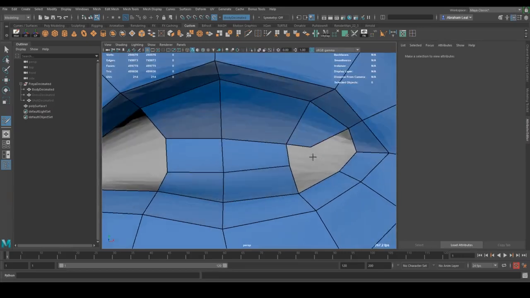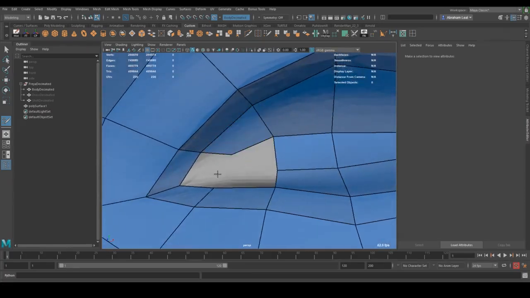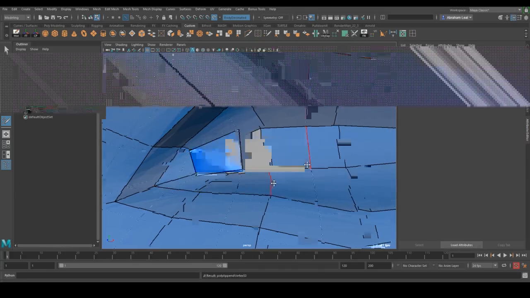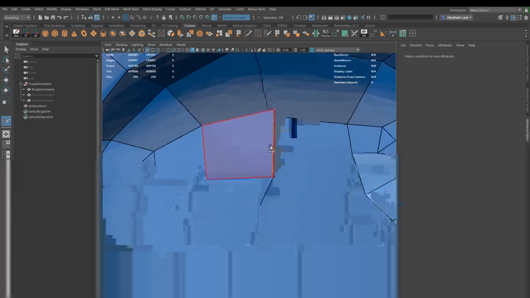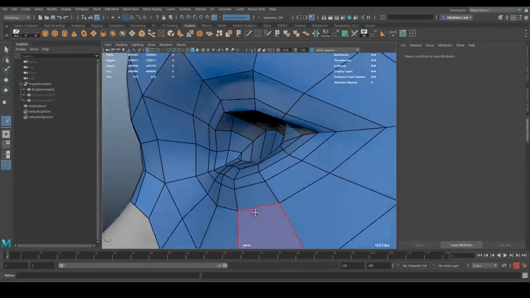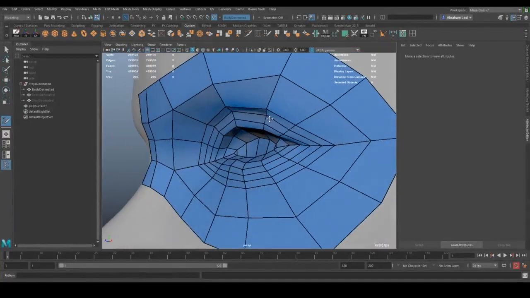You don't need to continue the loops all the way to the back side of the eye. I just find it a little bit easier to organize that way, because I did at this point add a couple squares here, two triangles, the caps, and that's it. A little bit of smooth to relax stuff. And I do like to add one more line here on the outer side of the eyelid, one more line here where the fold of the eye happens,